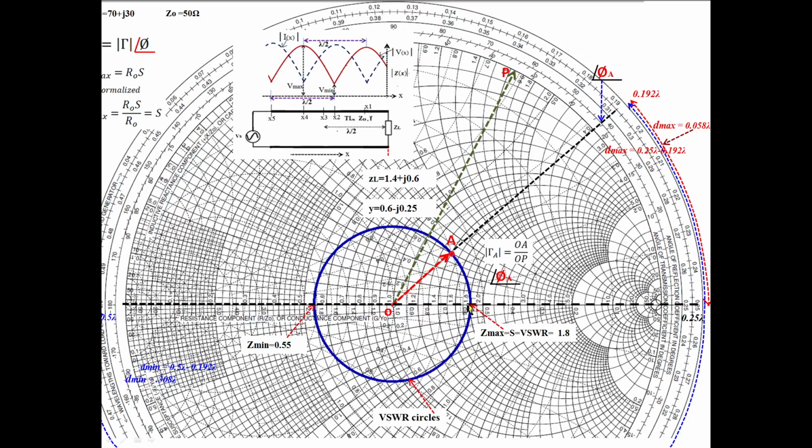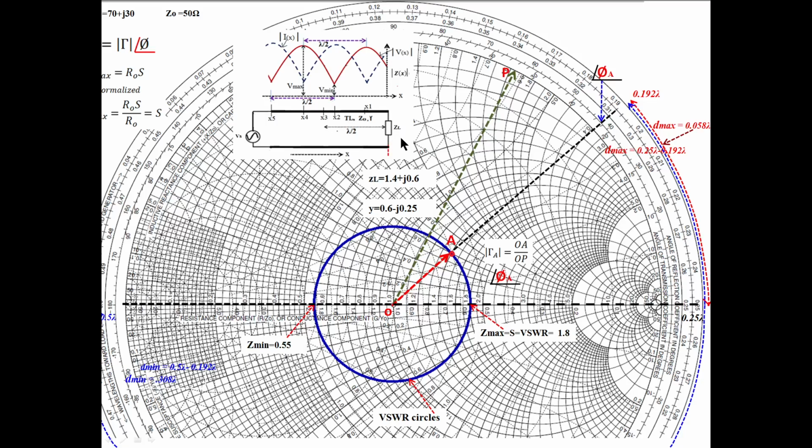This is the maxima, we know, and we draw a line from here. You should move towards the load, in the anti-clockwise direction from the maxima position. How much distance should you travel? You should travel 0.058 lambda from this maxima position in the anti-clockwise direction. At a distance of 0.058 lambda, you stop. From there you draw a line. It intersects the VSWR circle somewhere here. Read the value. That gives the load value.